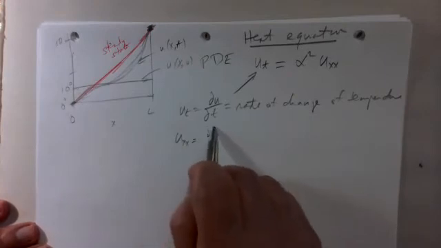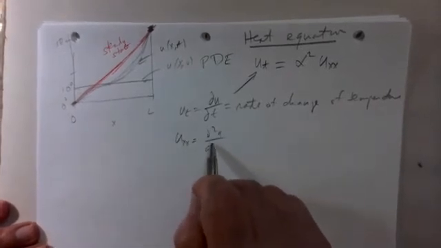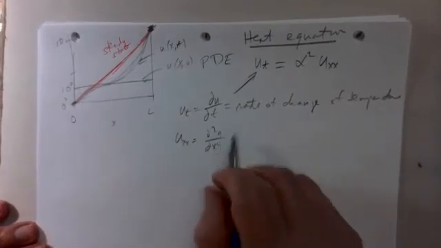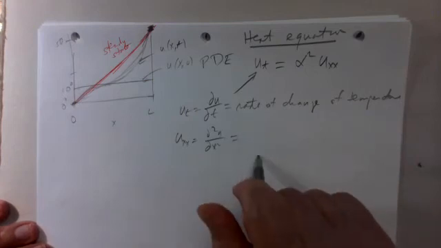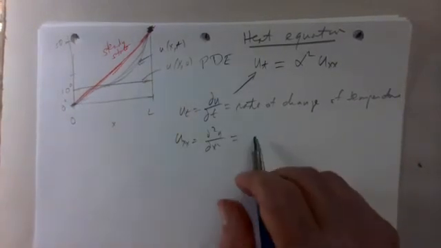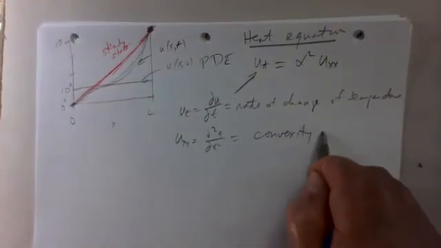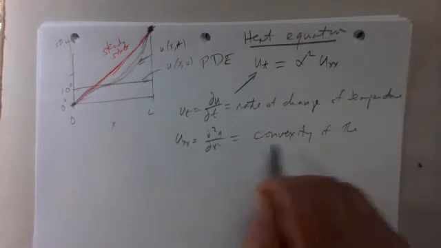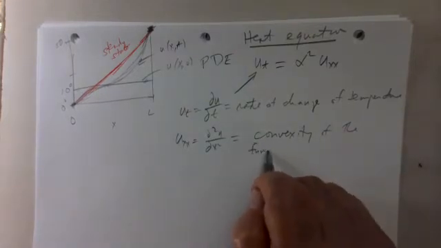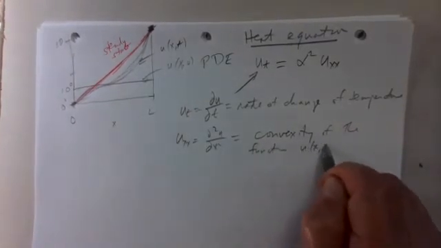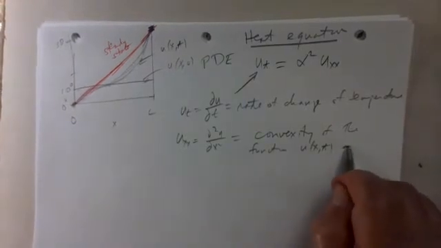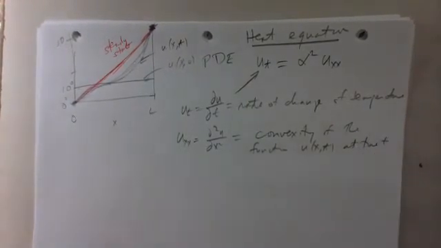The second derivative of x, for any time t, what does the second derivative tell you? Well, it tells you the convexity of the function u of x, t at time t. So you have to remember calculus. This is actually first semester